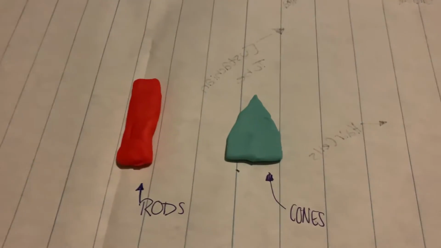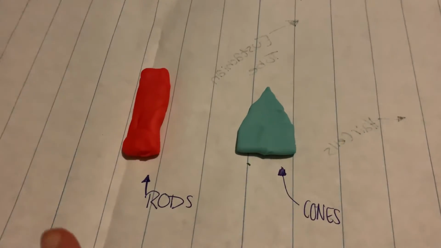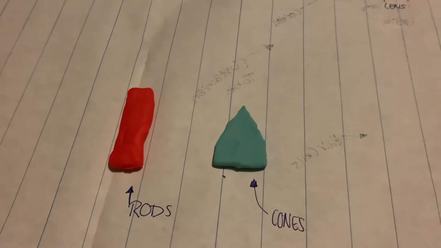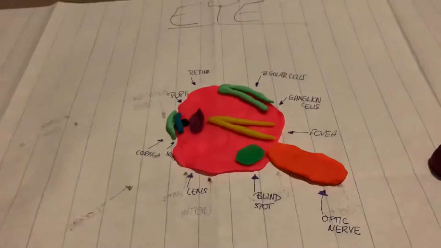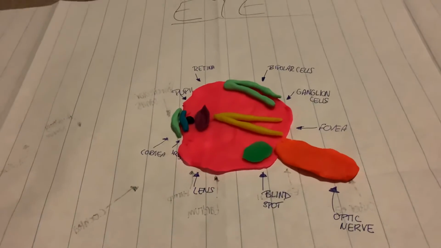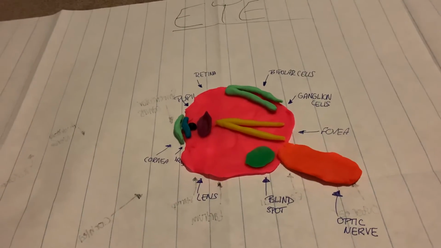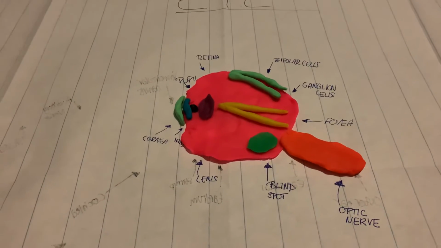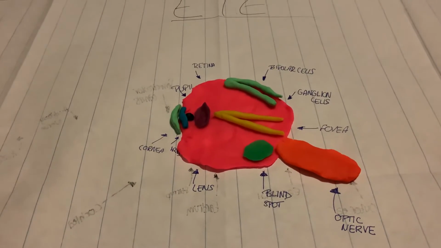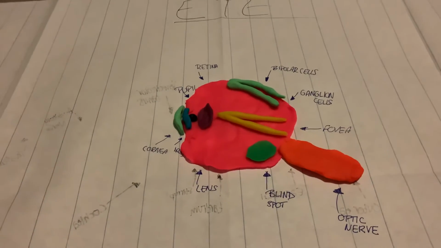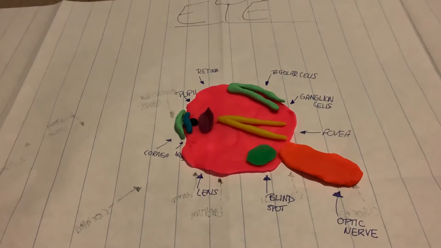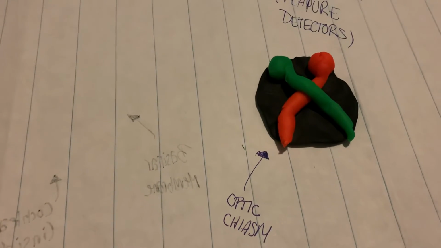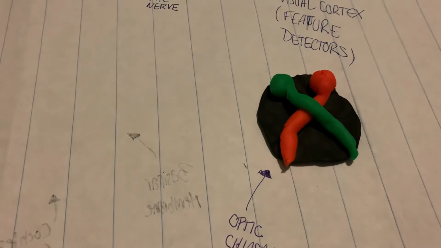So rods and cones, what they do is that rods process black and white images while cones represent color images. And the way I remember the order of light coming into the eye is cocaine probably is really freaking bad, guys, okay? And then what we have here is called the optic chiasm, and that is the point